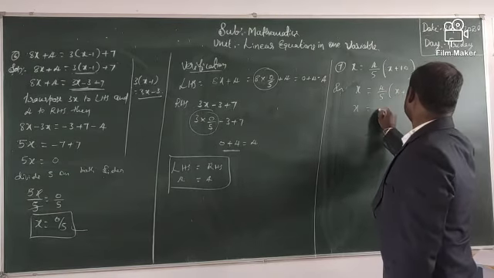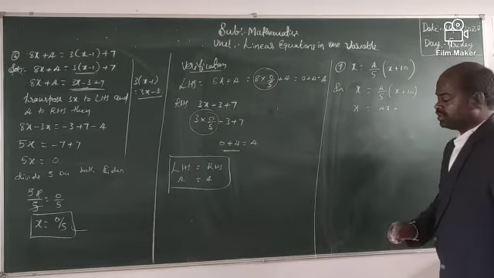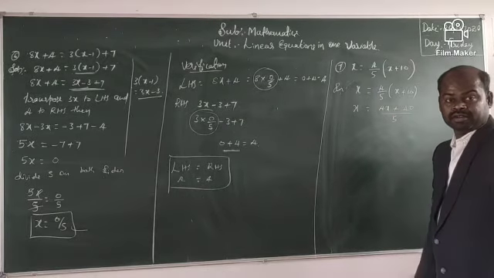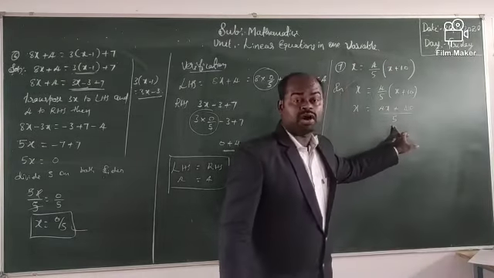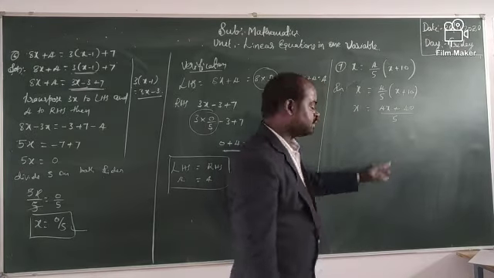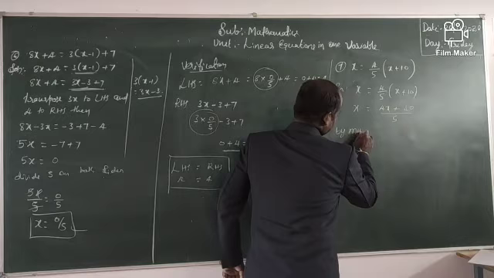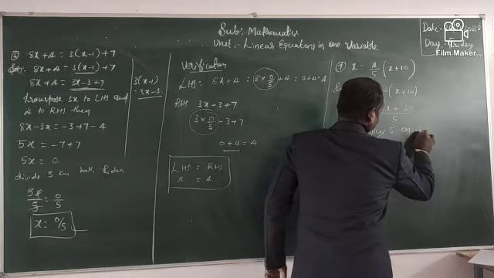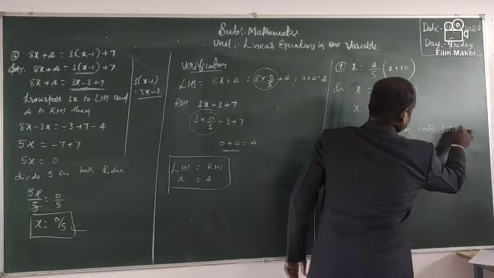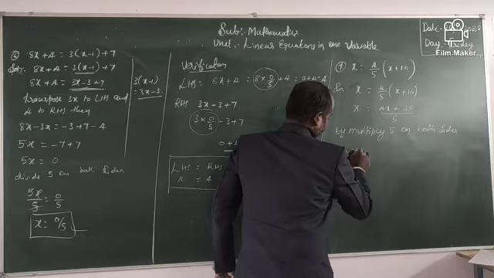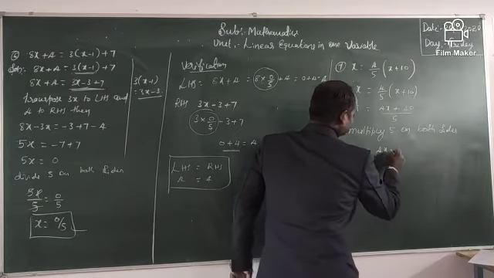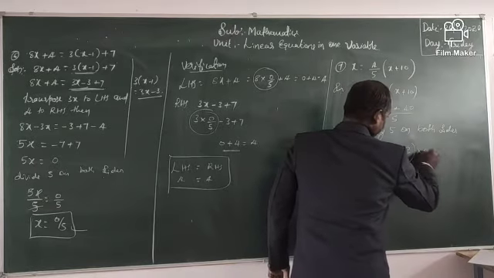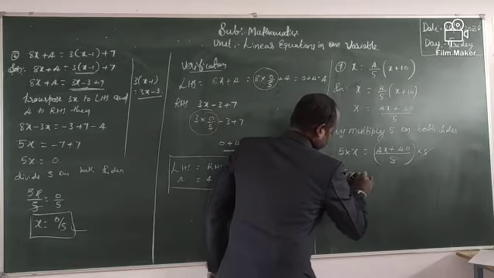x = (4x + 4 into 10, that is 40) divided by 5. Here we have to multiply. If we want to cancel the 5, how will it be cancelled? By multiplying 5 on both sides. Then 5 into x is equal to (4x + 40) divided by 5 into 5. Then the 5 gets cancelled. Here 5x equal to